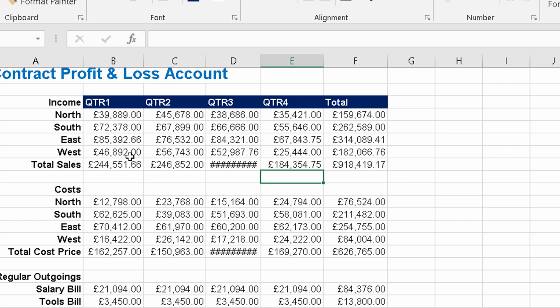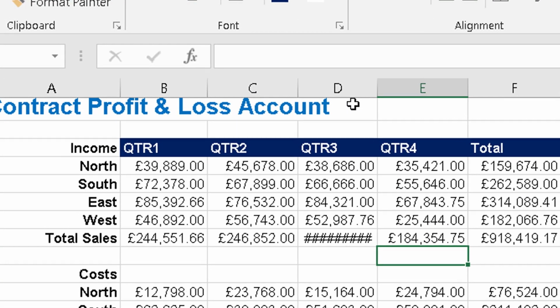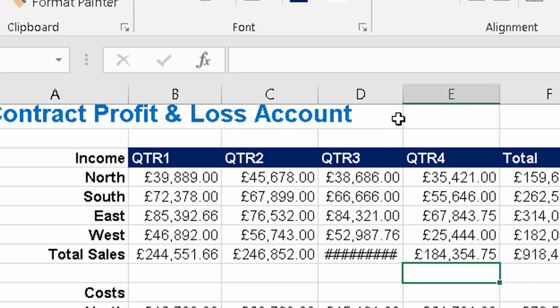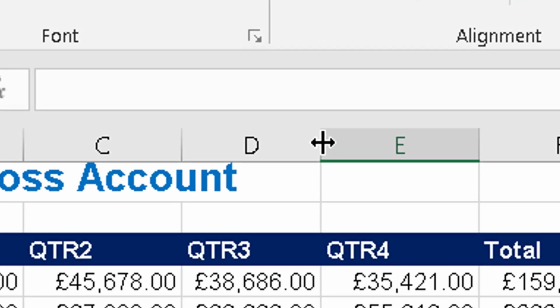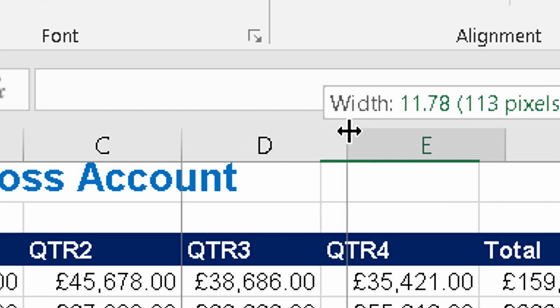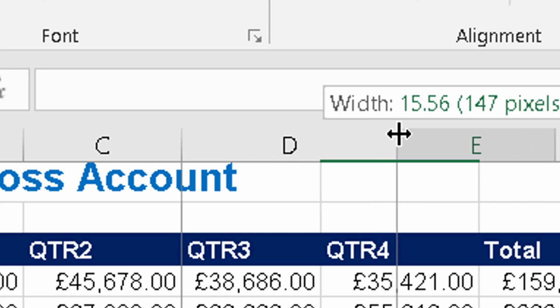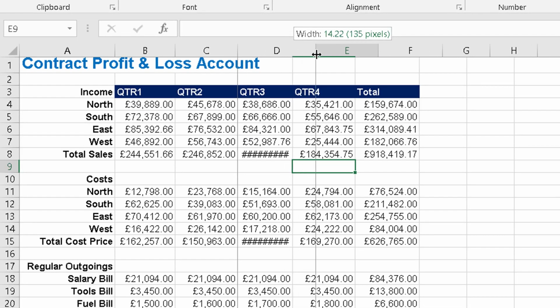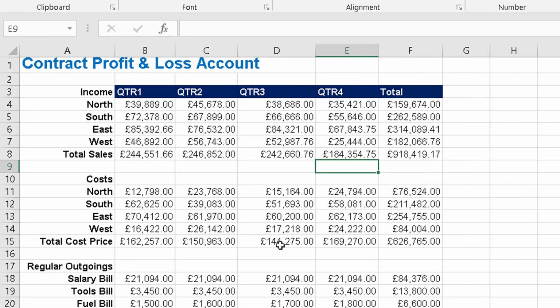Now we can widen the columns by moving our mouse up to the top of the sheet. You can't widen the columns on the sheet itself. You move your mouse up to where the letters are for the columns, A, B, C, D. If we wanted to make this column D wider, we can move the mouse between the letters D and E. You'll notice that the cursor changes to a double-headed arrow. We can click on that and stretch it to the right. You can see you can drag this left or right to make the column wider,